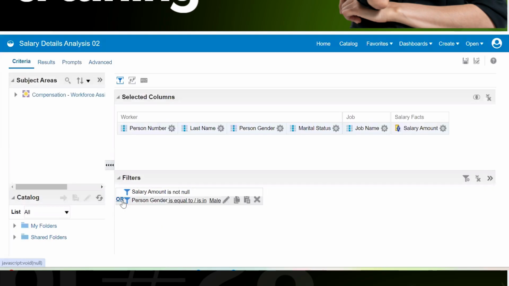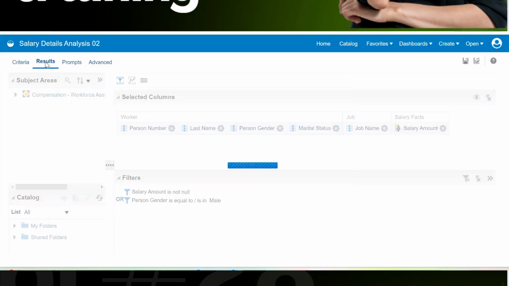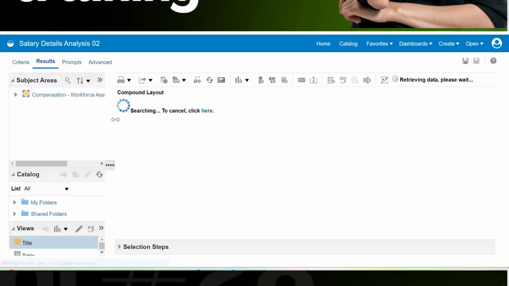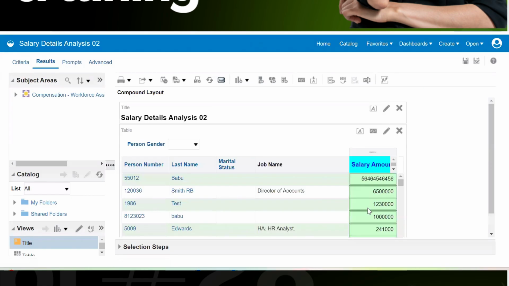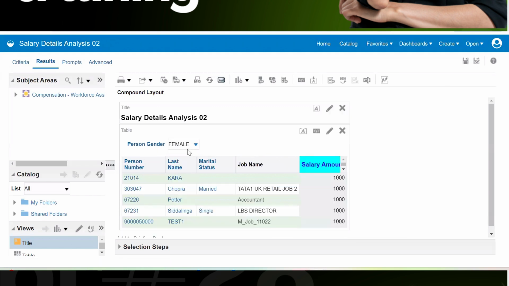Here, if you click on this, AND and OR will be changed. So now what will happen? The result will get where the value should not be 0, and get me the things where it is equals to, so the OR criteria is working.